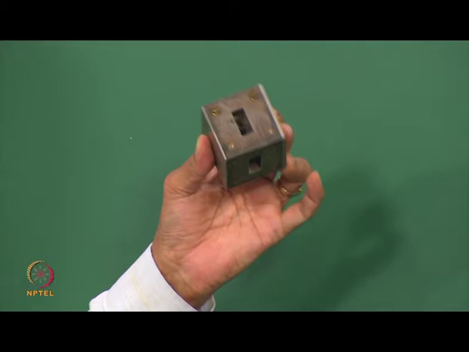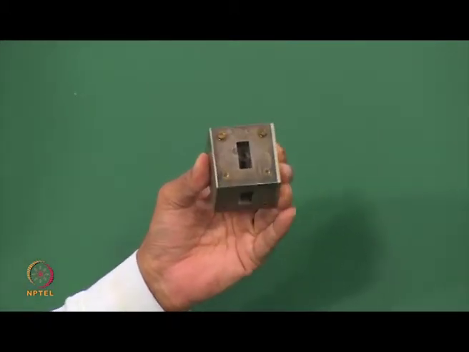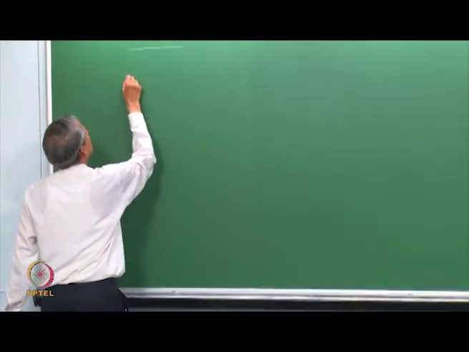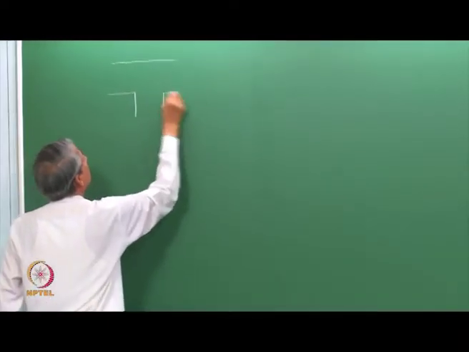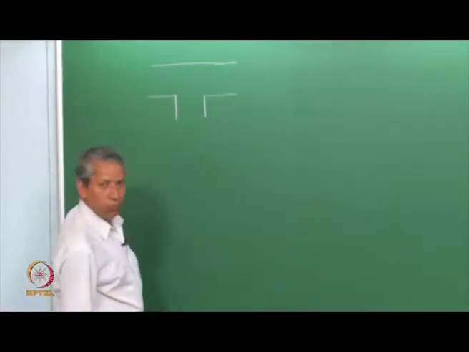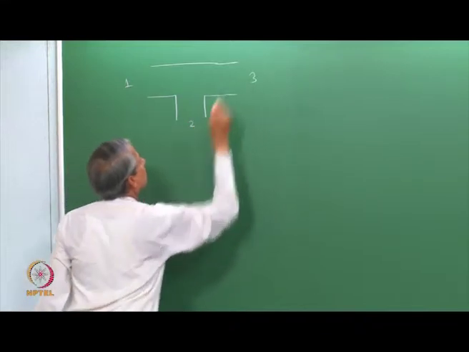You see that this is a real through-and-through hole. But the property of this device is such that it is non-reciprocating. What do you mean by that? For that, let me draw the schematic diagram of this circulator. These are the 3 holes and we call them port number 1, 2 and 3.